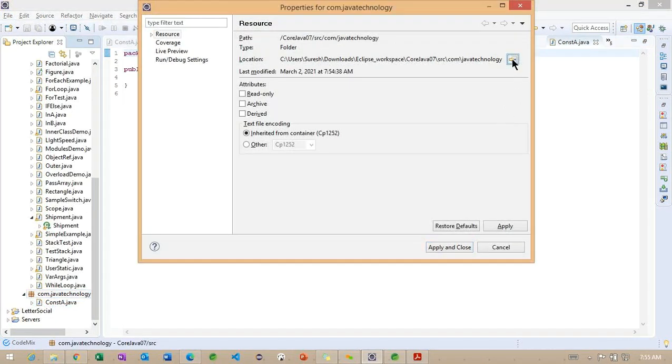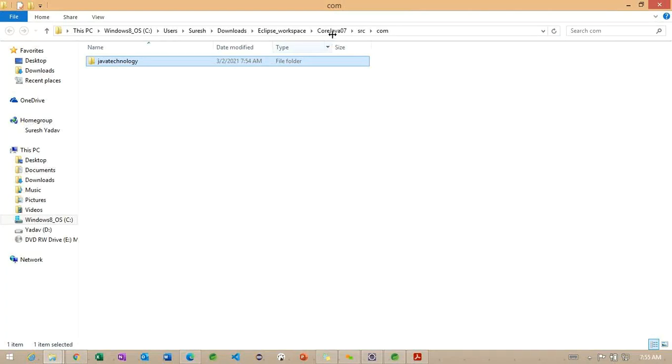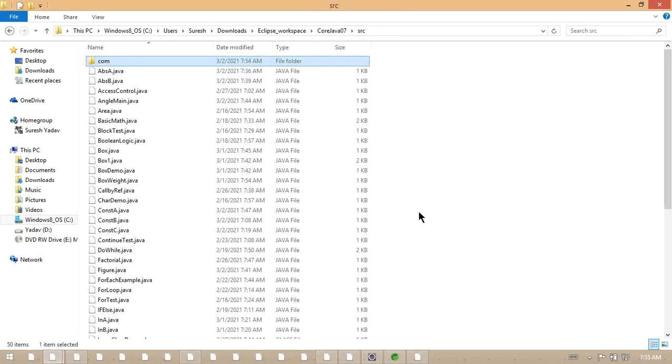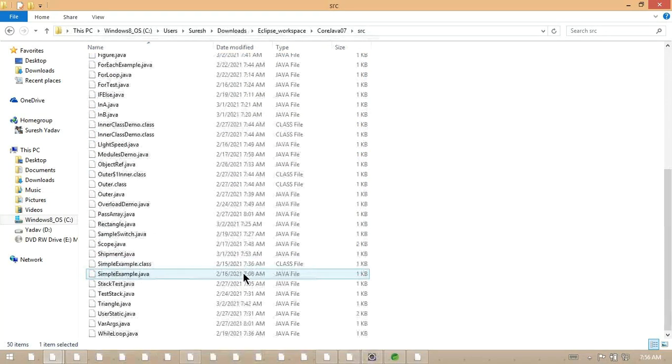If I look at where this particular class exactly resides, internally it's going to create the folder structure of this class. You can observe, inside the source directory, so it's taking some time to load. You can observe here, up to these classes we don't have any package information.